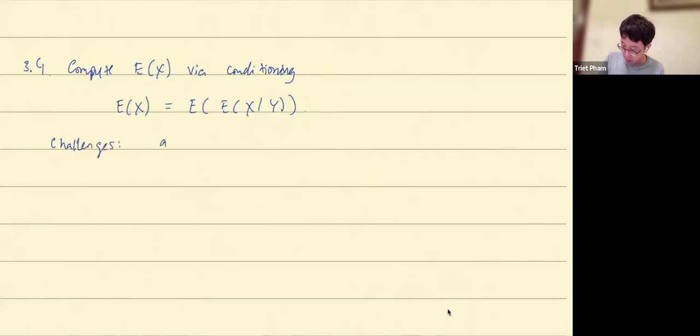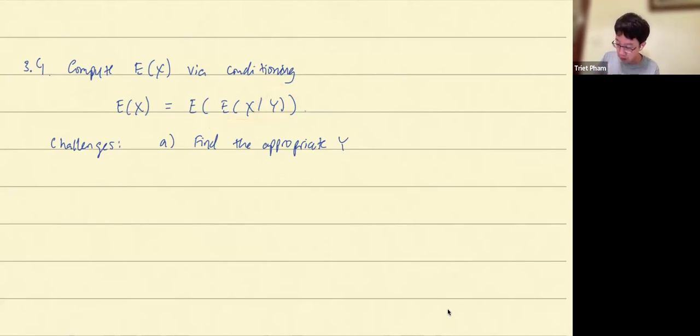The first thing is to find the appropriate y to condition on, okay? Because as I said, this is true for any random variable y, but if you choose the wrong random variable y, then the formula is true, but you just can't work out what the expression should be,